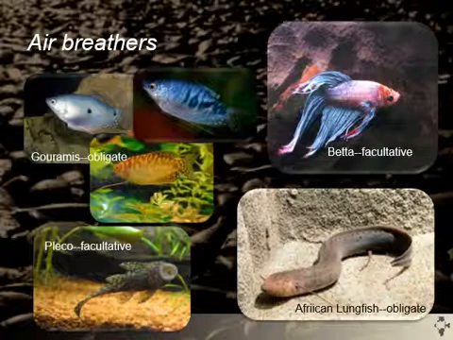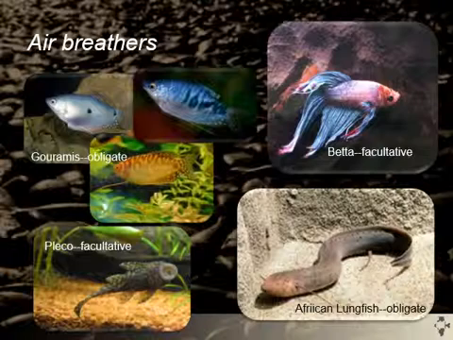Now, this can either be facultative, in other words, it provides supplemental respiration, or it can be obligate, in the case where this is the primary means of respiration in these fish. So you can see gouramis, for example, are obligate air breathers. These fish don't have extremely functional gills, and so if they are unable to access the surface of the water, if they're not able to reach the atmosphere and gulp air, essentially over time they would ultimately drown, so to speak,